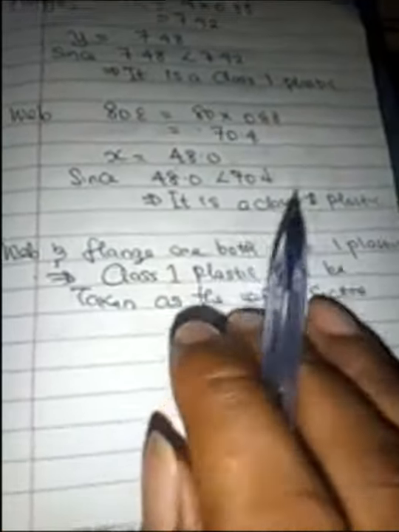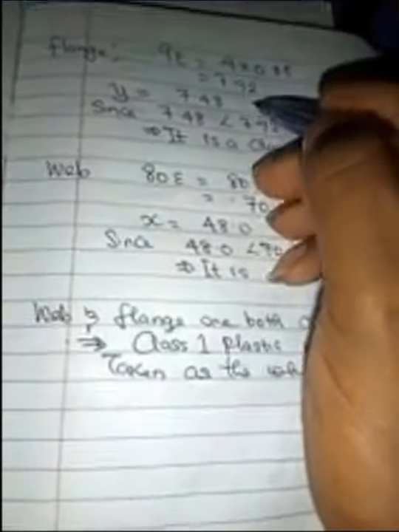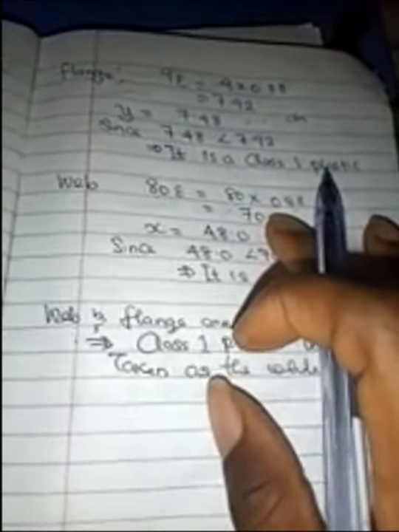as what? As class 1. What I'm saying here is that, for example, if I did the flange and I got class 2, and I did the web and I got class 1, I'm going to pick the higher class number as the design class of my whole section, right? If I got class 3 here and I got class 2 here, it means that for the design section, I will say it is a class 3